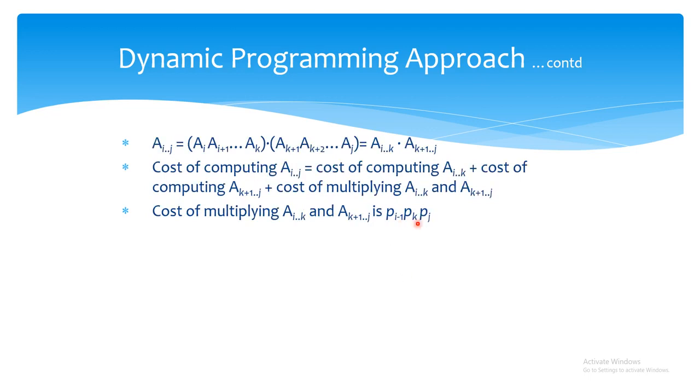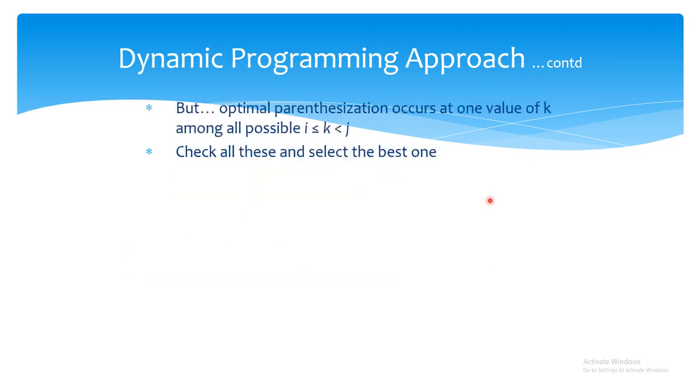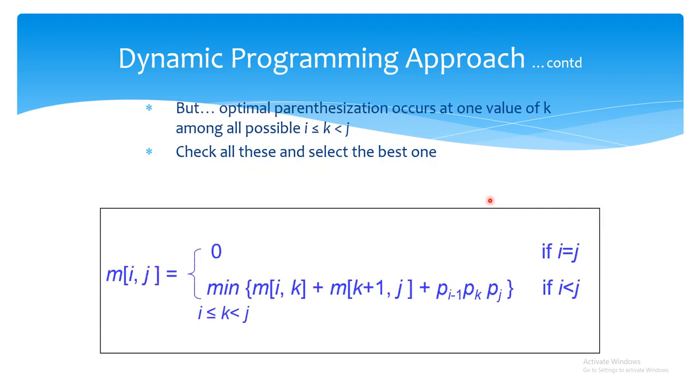So this p i minus 1 into p k into p j is the cost of multiplying. Let us try to understand what we are doing in Aij: we are multiplying the matrices from i to k, then k plus 1 to j. So Aij is the cost of computing Aik plus the cost of computing A k plus 1 comma j plus the cost of multiplying Aik and A k plus 1 to j, right? So again the same equation, right? We have done so many calculations, so this is a very important